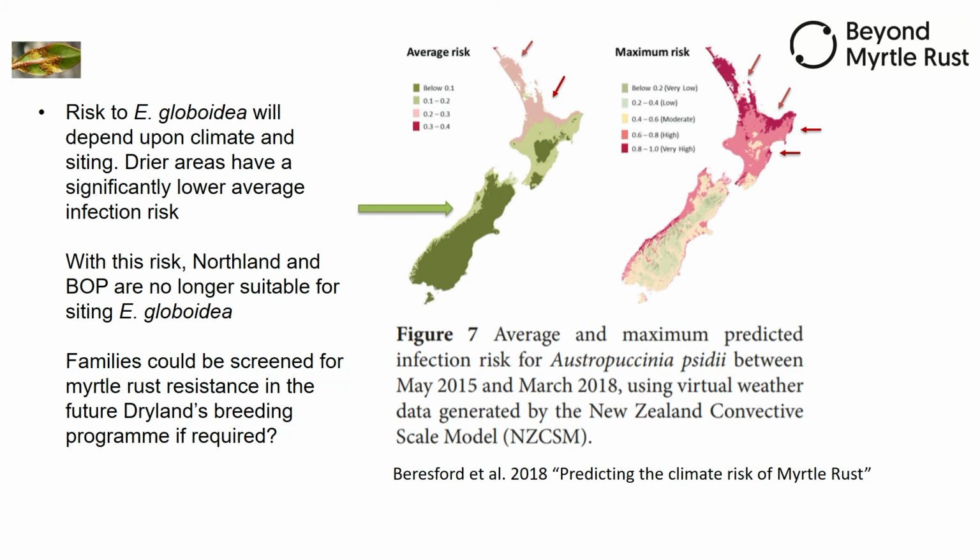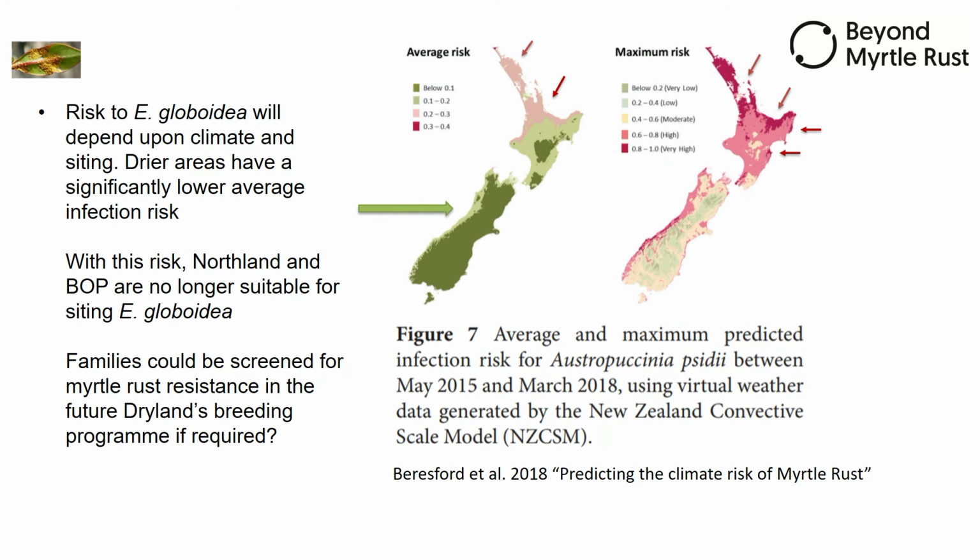With these risks, you can see that Northland and the Bay of Plenty are no longer considered to be suitable for siting globoidea if it's going to be this susceptible to myrtle rust. And even some risk will remain in the Gisborne, Hawke's Bay regions when the weather is suitable for myrtle rust. So Eucalyptus globoidea perhaps needs to be a dryland species from now on to avoid the risk from myrtle rust. And families could be screened for their resistance in the future drylands breeding program if required, but siting recommendations seem